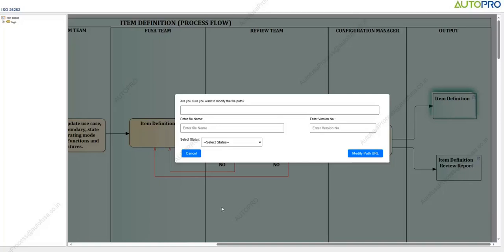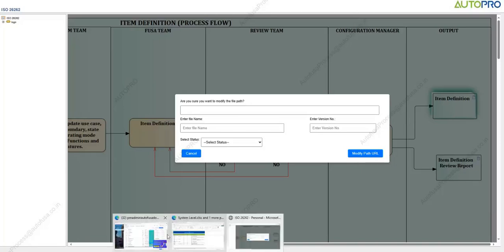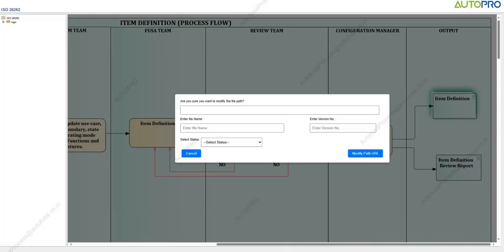So for that, I need to access my, what is that called? Just a minute. So I can access the file. For example,